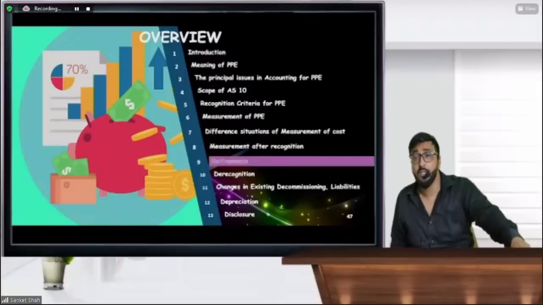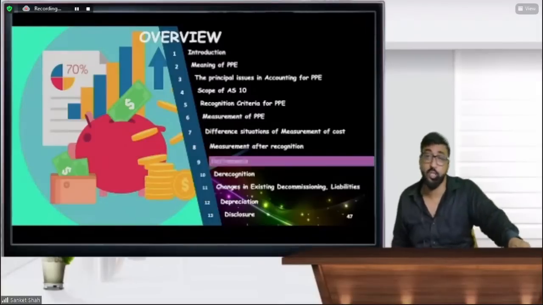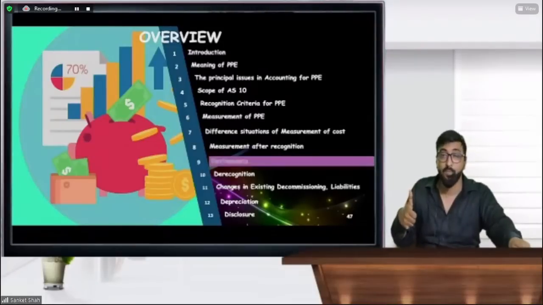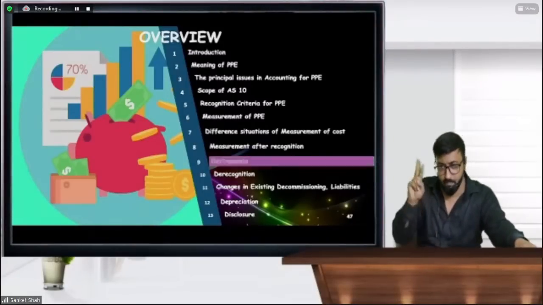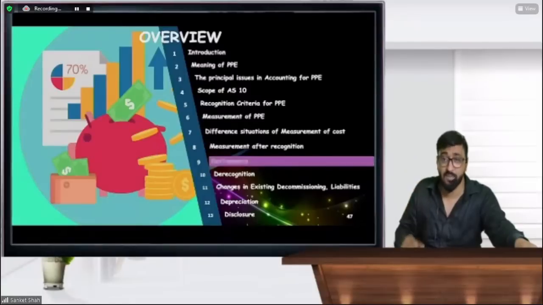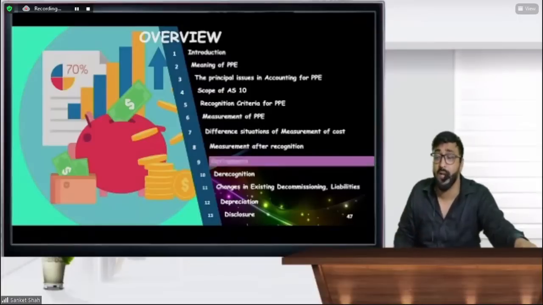After that, suppose you purchase it, different situations. Number one, if it is purchased at the hire purchase price, you will record it at the cash price. Second one, in case of exchange, if commercial substance is there, you will record at the fair value of the asset given up or taken up, whichever is more clearly evident. First priority is for the fair value of the asset given up. And suppose there is no commercial substance, there will be no profit or loss, we will record it at the same book value as in the old books.